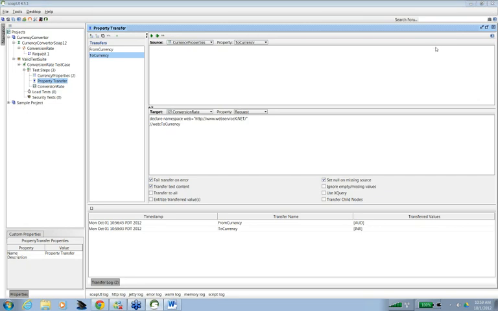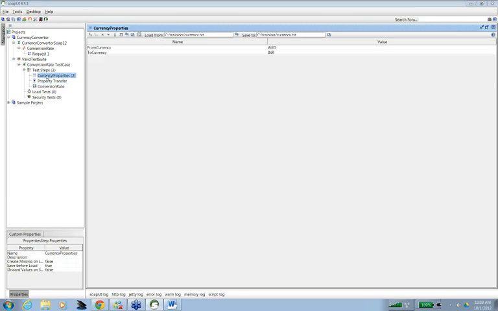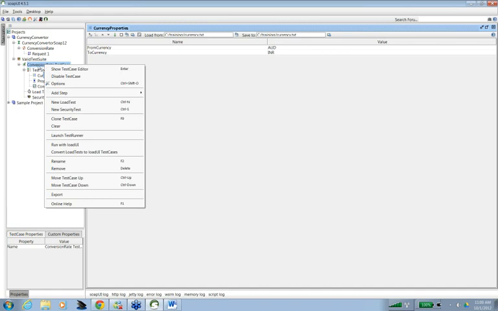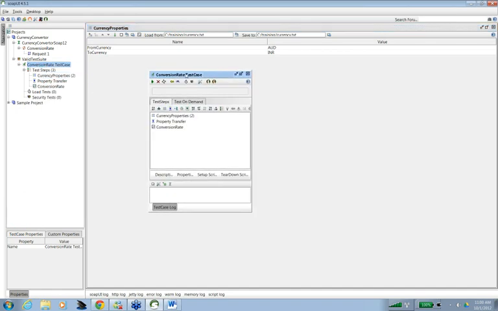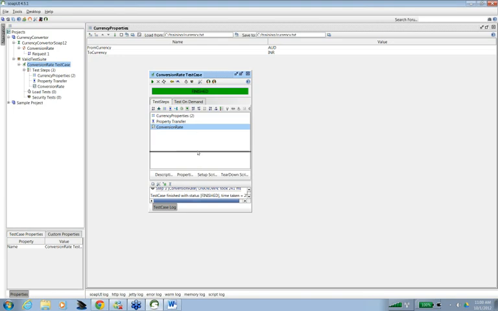Okay, so we have created 3 steps. Now let us run our test case. To run it, simply double click it. You see this green button, it says run this test case. If I press this button, it's automatically finished. Green means finished.